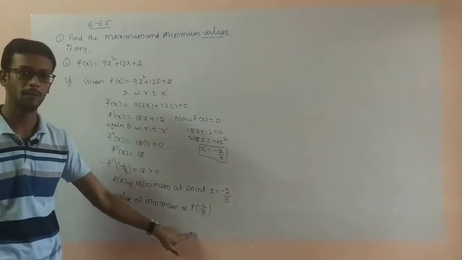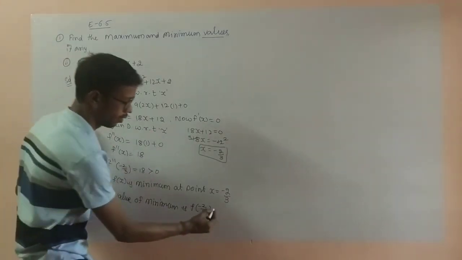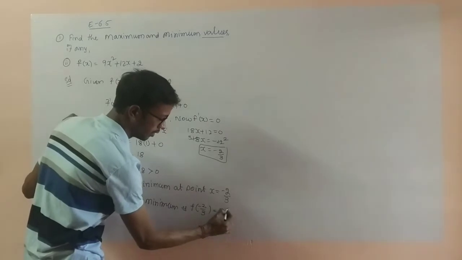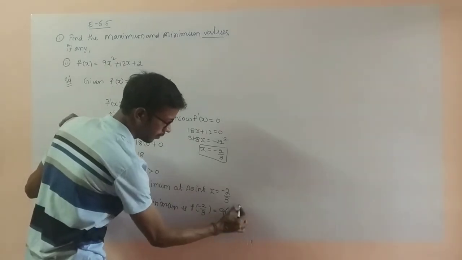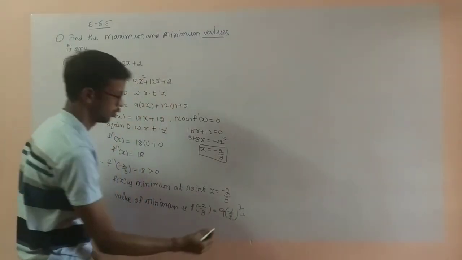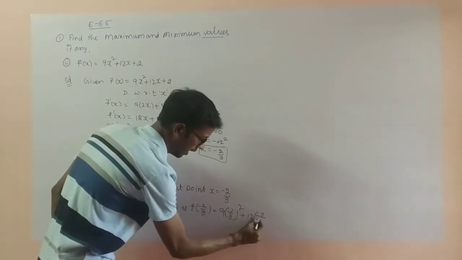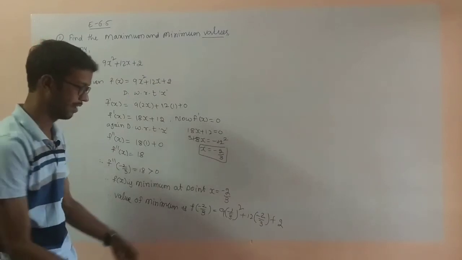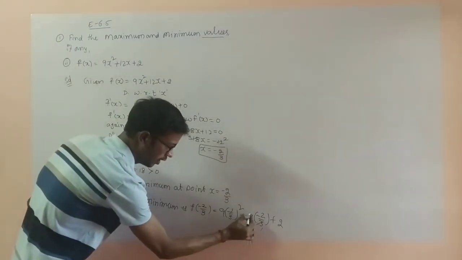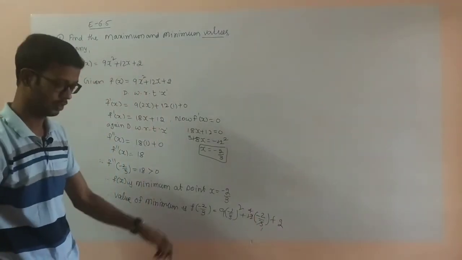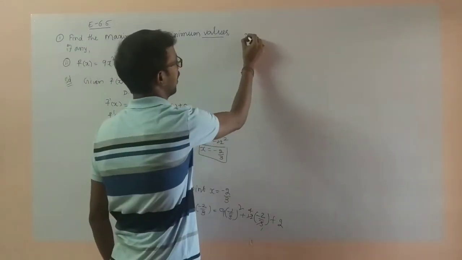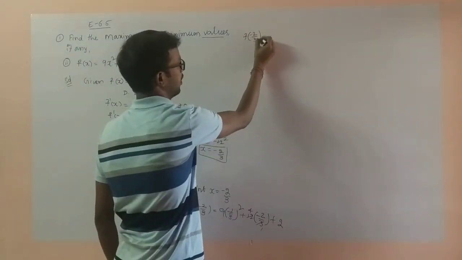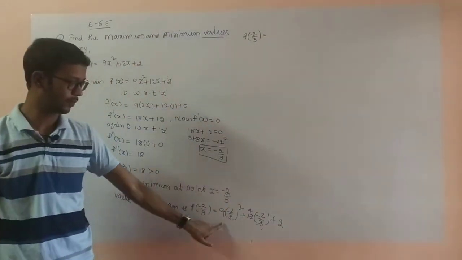f of minus 2 by 3. Here you have to substitute minus 2 by 3: 9 into (minus 2 by 3) square plus 12 into minus 2 by 3 plus 2. Now cancellation you can make here, 3 ones are 3, 3 fours are 4. Simplification: f of minus 2 by 3 is equal to